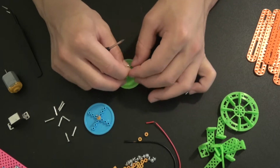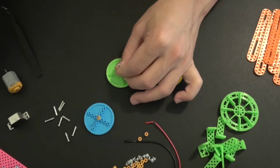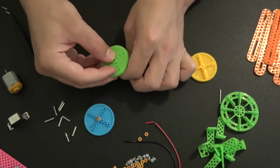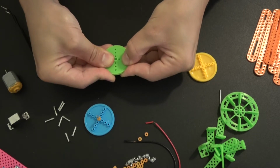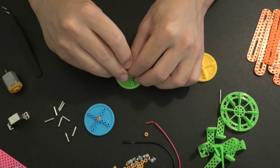But it's good to keep a system from the beginning, so you know which one has the long one, which one has the small one. I'm gonna have to use a table, to be honest with you, because I don't want to keep on banging. It makes a loud noise. Just be careful. Once you get it in, flip it, put your own pushing in there. We call that pushing because it pushes in,